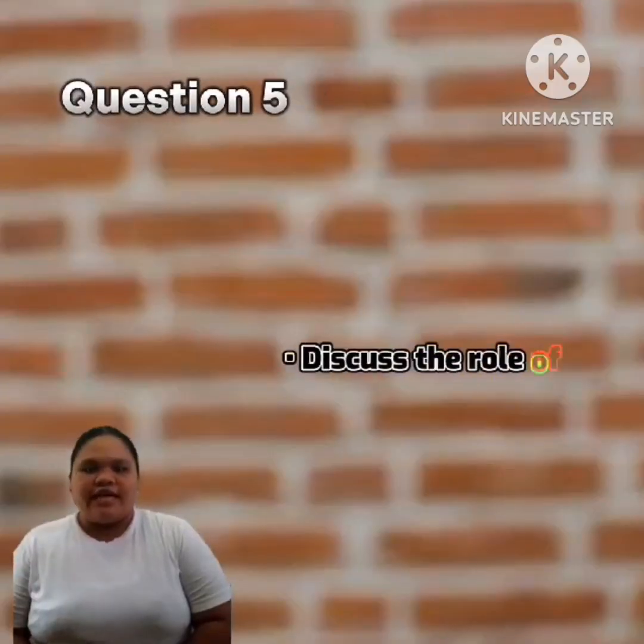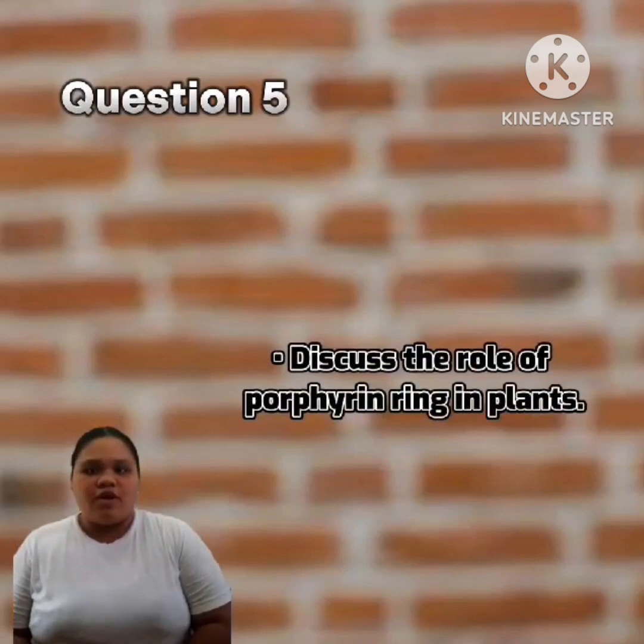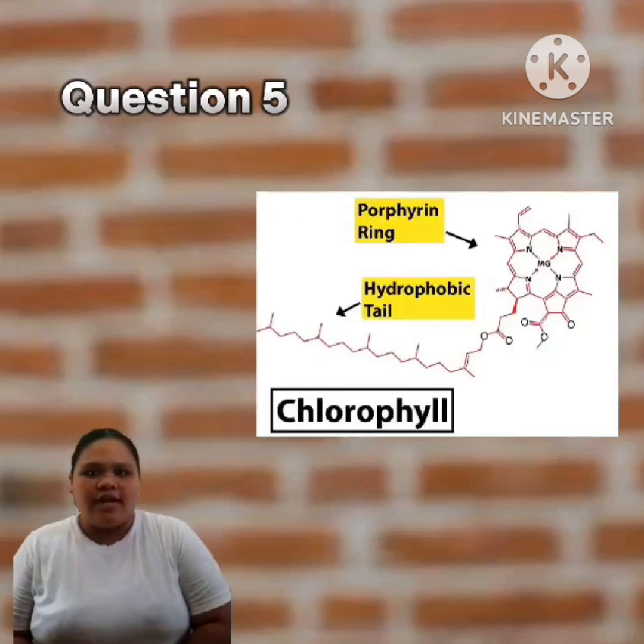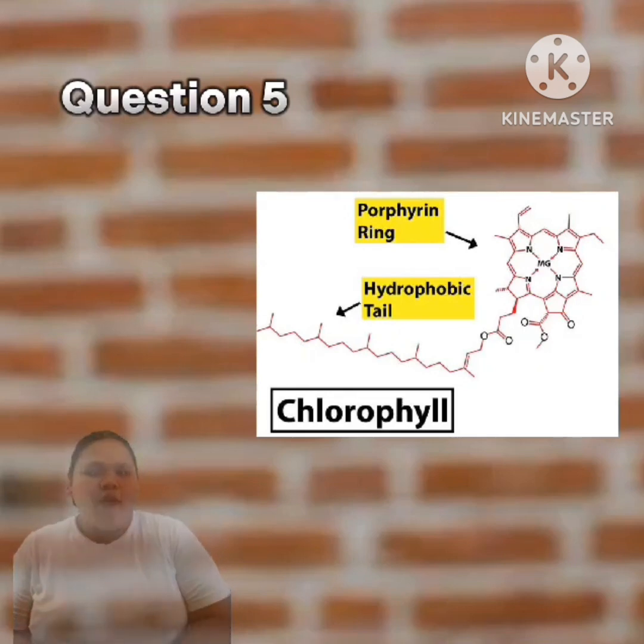Question number 5. Discuss the role of porphyrin ring in plants. The porphyrin ring serves an important function. Chlorophyll is an example of natural porphyrins that are essential for the development of an organism's essential bodily processes. And specifically, the chlorophyll enables photosynthesis in plants once light is absorbed and converted into chemical energy required by the